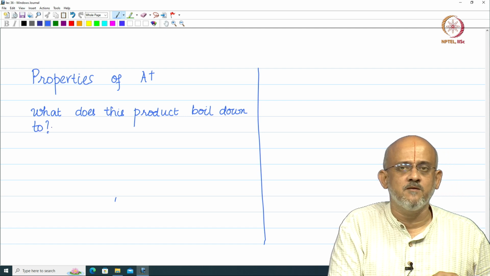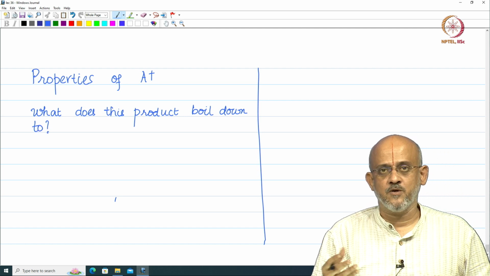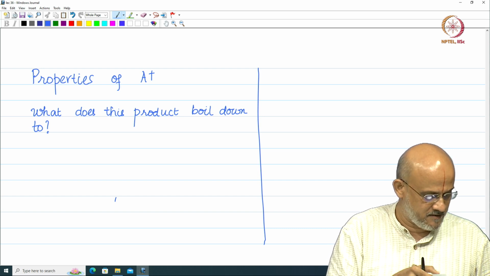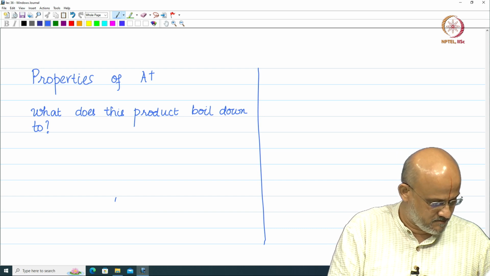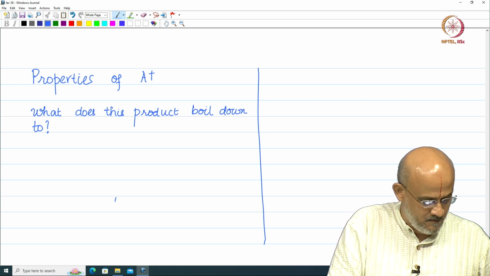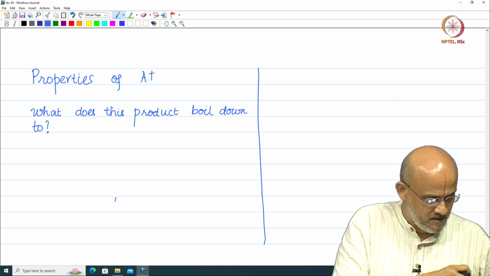And then we will look at the pseudo inverses of certain special matrices, right. So, we will look at that. So, the first property is